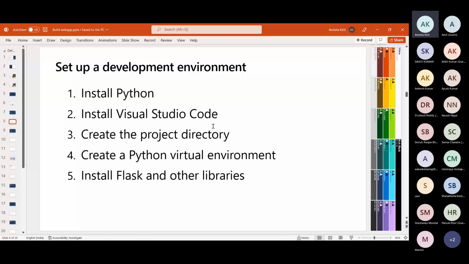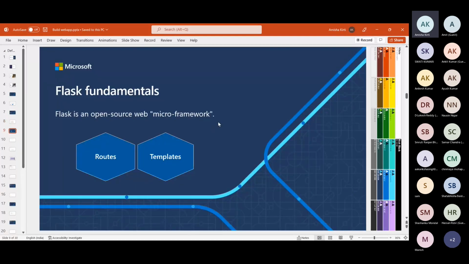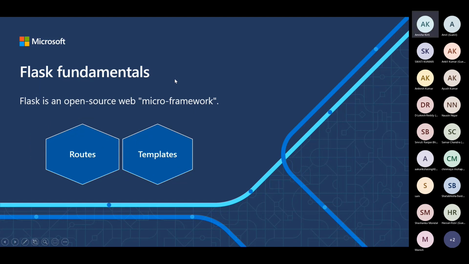This is how our development environment will be set. Next, we'll see what Flask is all about. Flask is an open source web micro framework. When we say micro framework, it means that in a very small bundle, it installs all the templates and libraries that we use in our web application to make it dynamic. It performs all the tasks of the web framework, but as it is micro, it might not include the